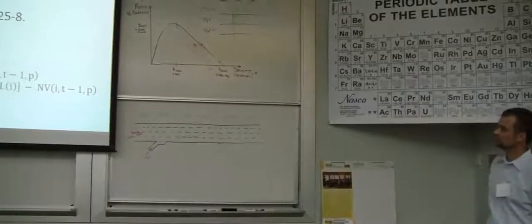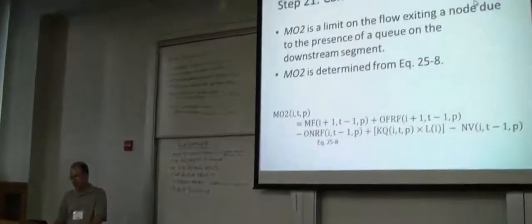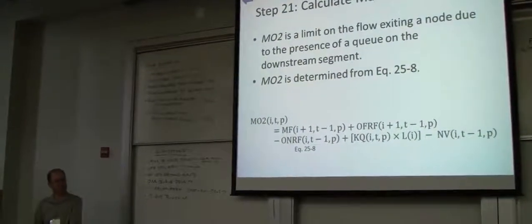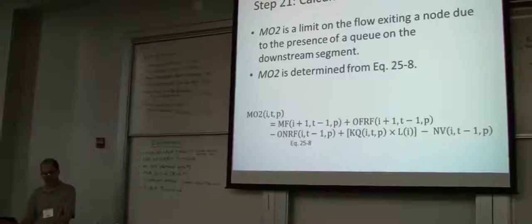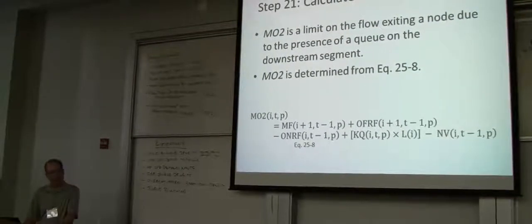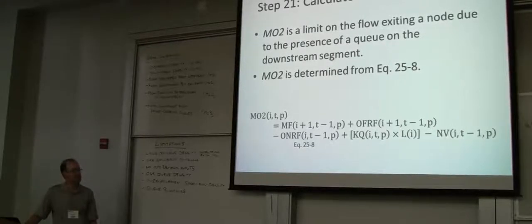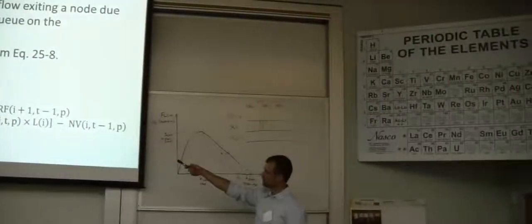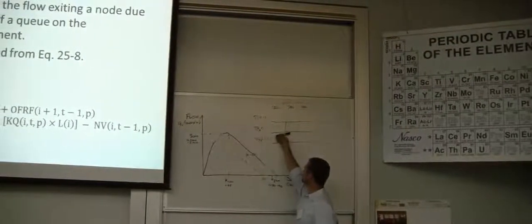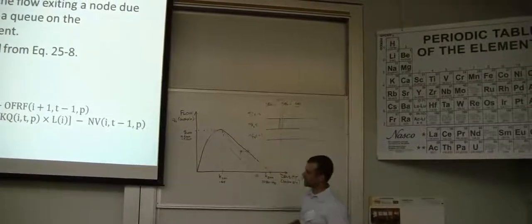Again, with just the time, I think this is actually a key one. I know we only have 20 minutes, but MO2 is the constraint that probably prevails most frequently, right? MO2 is all still the traffic that can get processed through a node. It's a function of the mainline flow plus any off-ramp flow minus any on-ramp flow, and then plus